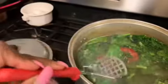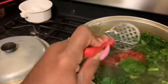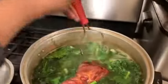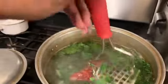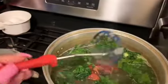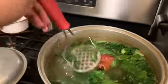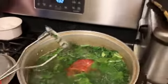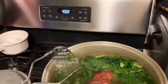I put 2 of these on the top, for the flavor of the top meat. Even though we flavored all the water, as it rolls, it's still the same chemistry in there. And that's why I did this. My aunt taught me this years ago. She said flavor your water. That means every part. If you put the greens in there and then you just flavor the top, you're not